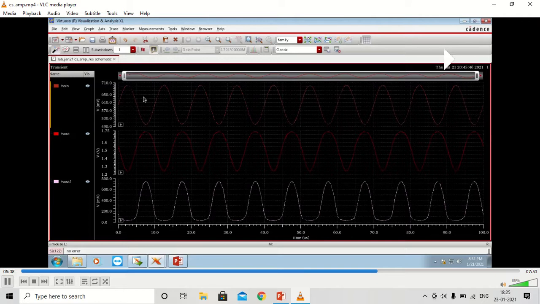Similarly, you can see the peak to peak for our input waveform is 200 millivolt. 100 was the amplitude we had given, and the peak to peak will be twice of that. In this case, the peak to peak is more than 400 millivolt, from 1.2 to 1.78, and for the other one the peak to peak is close to 800 millivolt, from 0 to 800. So it shows that there is an amplification, and there is a phase shift as well. You can see from the input and output waveforms that there is a phase difference, as we showed in our AC analysis.